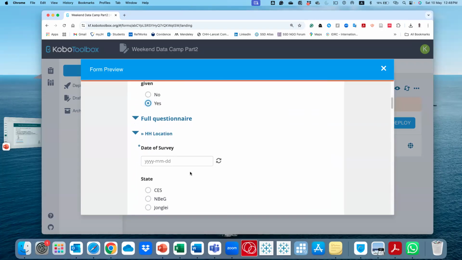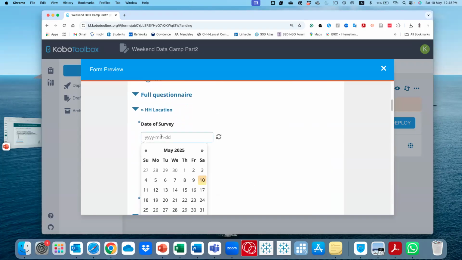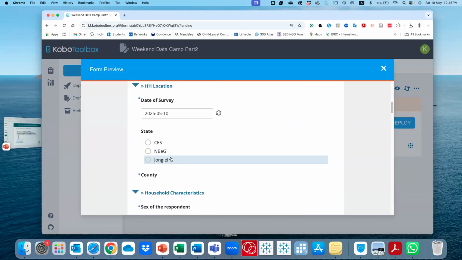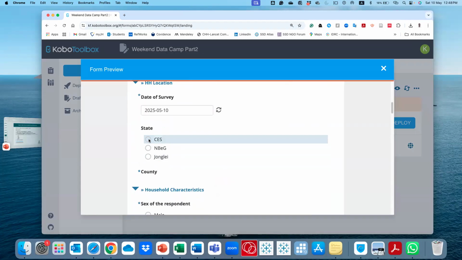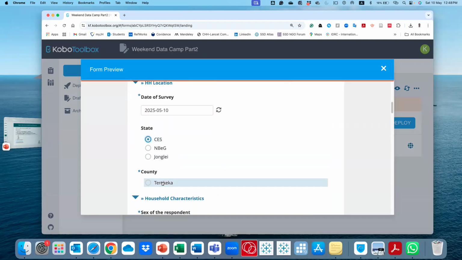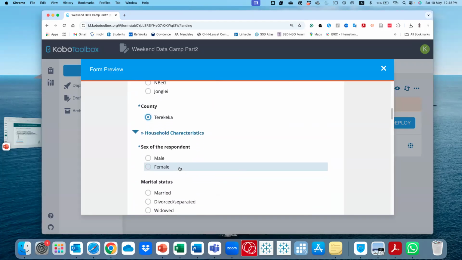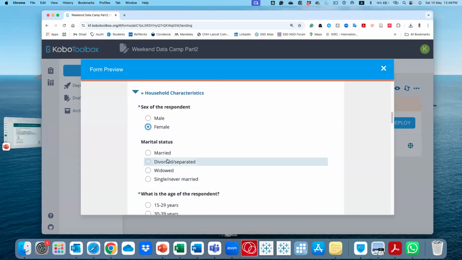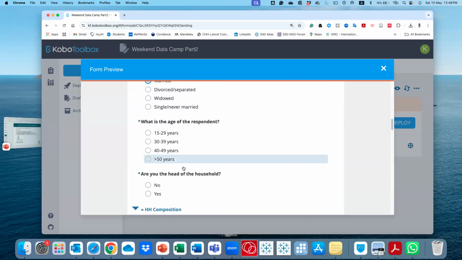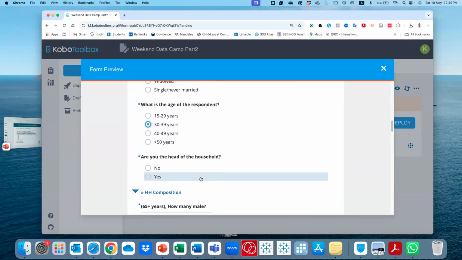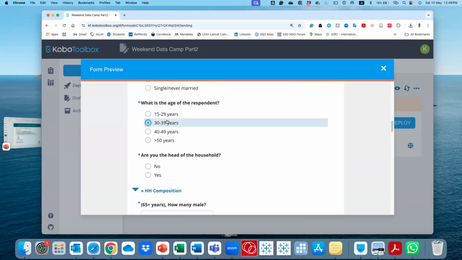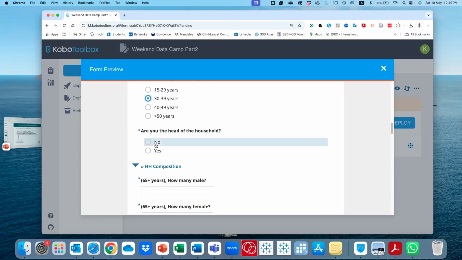So just to go through some examples, you have the date when you did your interview, and the state, maybe it is Central Equatoria State. Okay, your project was in Torit, and this is a female, married, between the ages of 30 to, so in this case they already categorized the age groups, but you can just ask, and they enter the age you want.